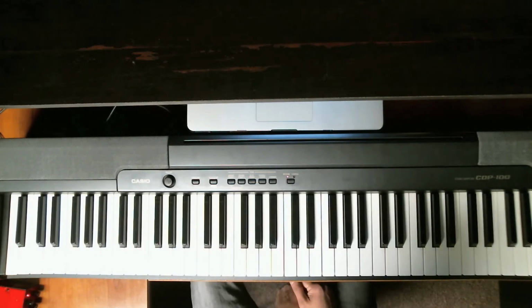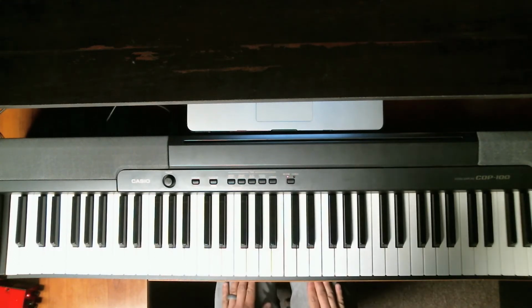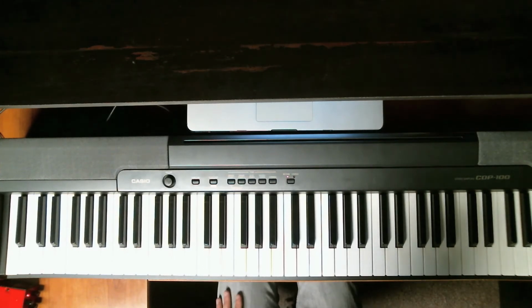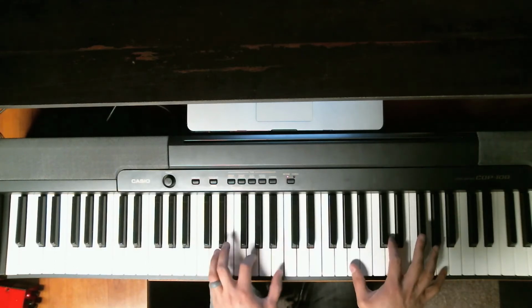And a good exercise for this is, before you even touch the piano, try to get this down. So I'm just patting on my legs here. Go 1, 2, 3, 4, 1, 2, 3, 4. Right? So if you can get that down just by patting, it's easier to transfer that to